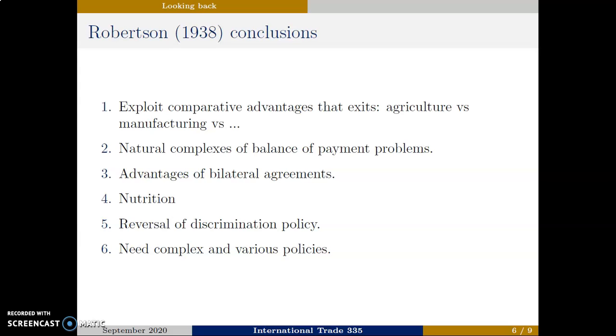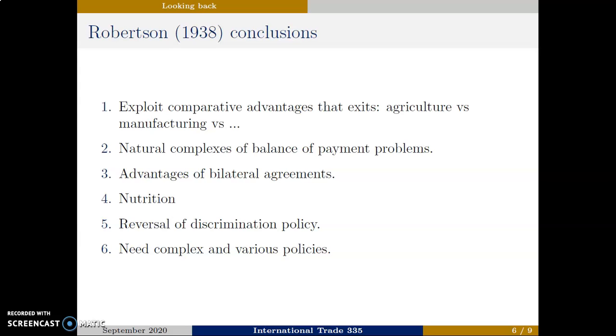First, he suggests that countries need to exploit the comparative advantages that exist and widen these. He suggests that there's need to look further than these 2 industries of manufacturing and agriculture. In this regard, he has been correct. Agriculture and manufacturing have fallen away in trade and the focus is more on services and technology. A question perhaps to ask today is whether there will be a turn to agriculture after the pandemic, as individuals have realized the value of these products again.